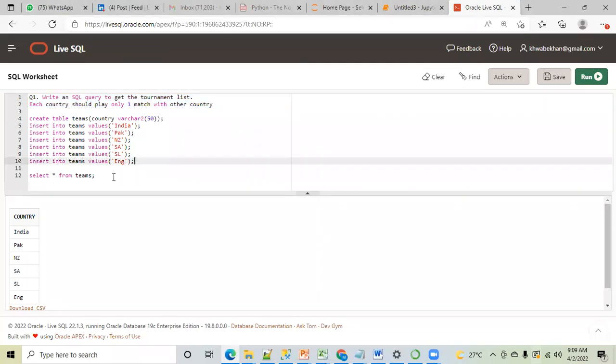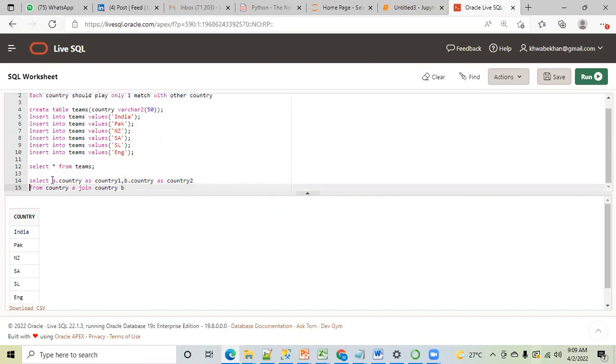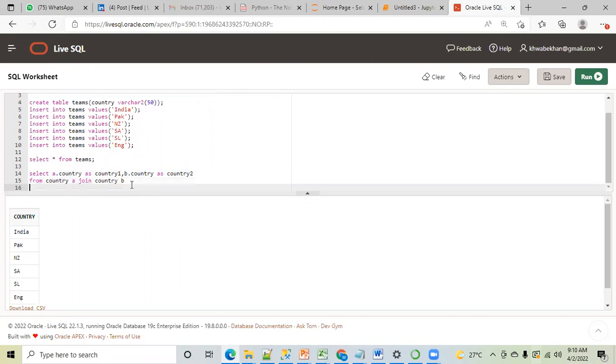Okay. Let me execute the query. I'm trying to show you in an incremental way what is happening. And whenever you're writing a query, always write like this. All the select things should be in one line. This is the select clause. This is the from clause. This is not syntax, but this is the best practice. This helps in debugging the query if you have some issues.